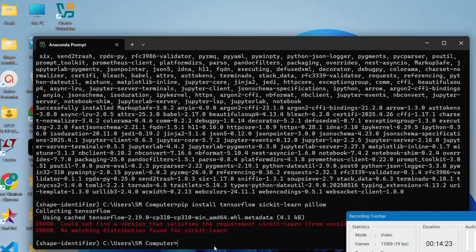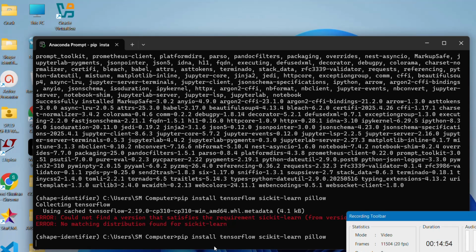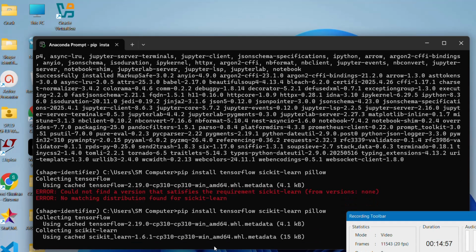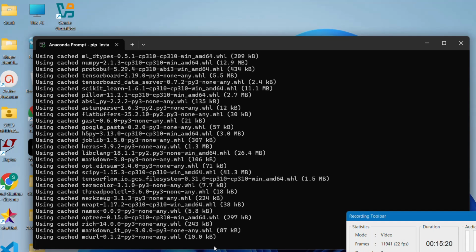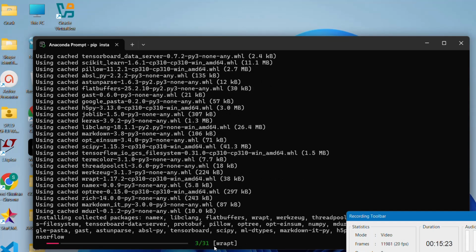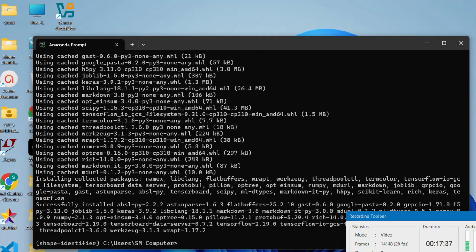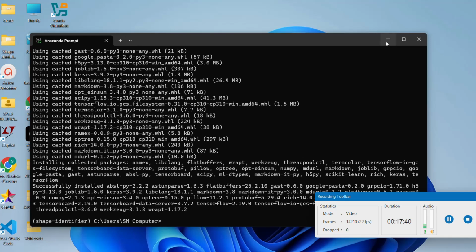Now you have to write pip install TensorFlow, and pip install scikit-learn. After the configuration of these commands, now I want to show